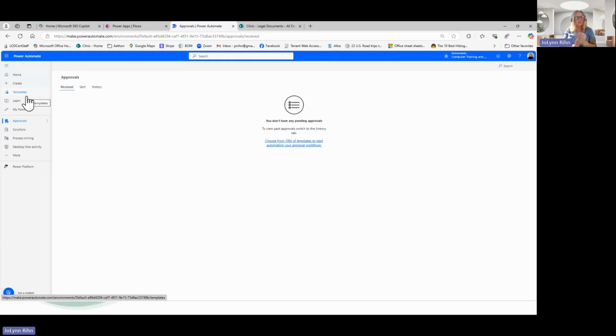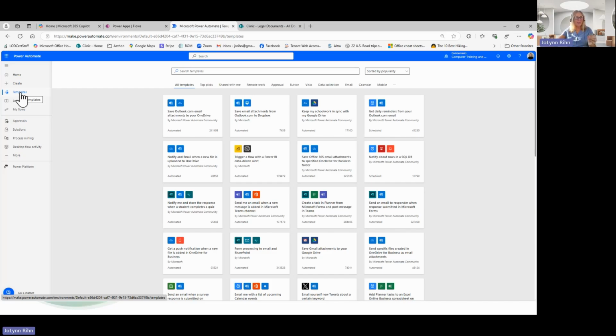So watch for the things that are right in the application that you're using. We don't always have to go to the approvals. We don't have to go to my flows. We don't have to always go to templates here in Power Automate. We can be going directly to the application as well. Whether I'm in SharePoint, a document library, SharePoint lists, Microsoft Teams, or another application like Microsoft Forms, automation features are built right there.